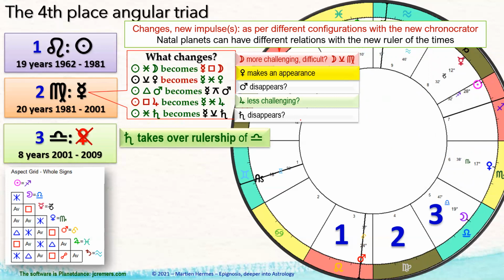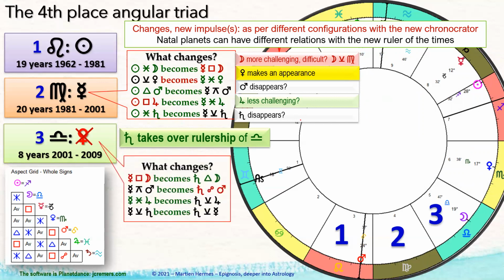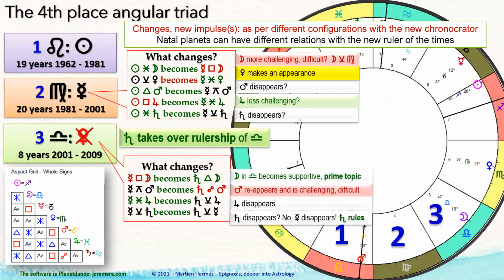Now, here the third period, as we said before, Saturn takes over because Venus is in aversion to the sign of Libra, the scales. So what changes now? Again, some interesting stuff, because I'm not using Venus as the ruler of this image, the manager of Libra, but I take Saturn. Why do I do that?